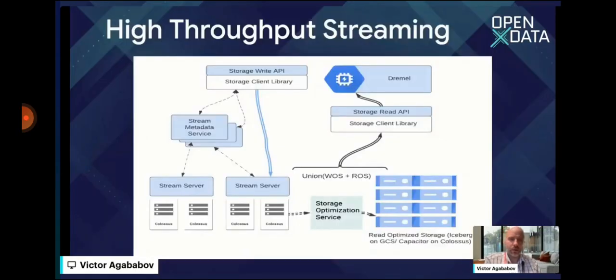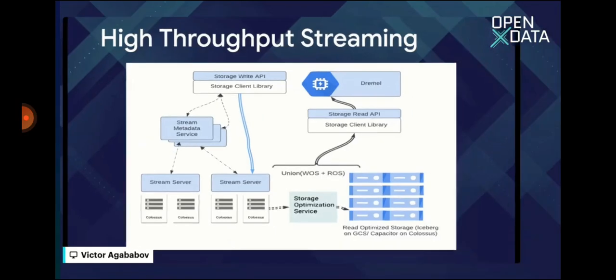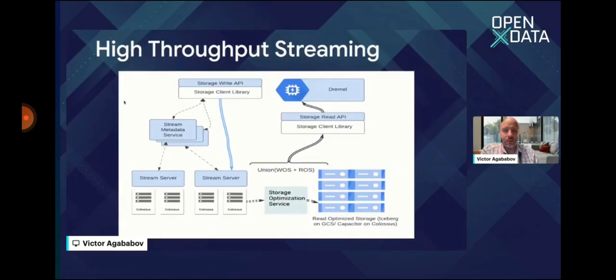So going back to the high-throughput streaming, I wanted to discuss a little bit the architecture that powers it. The data arrives at the Write API front end, which is supported by several libraries in various languages. At that point, the data can be partitioned to several streams. It can be sent by one stream, and it's all being consumed by our stream servers in the backend. Those stream servers collect all the data and store it in our internal proprietary formats for the time being, while